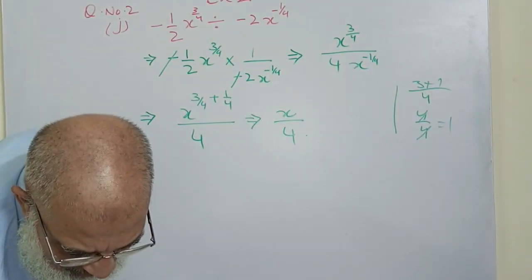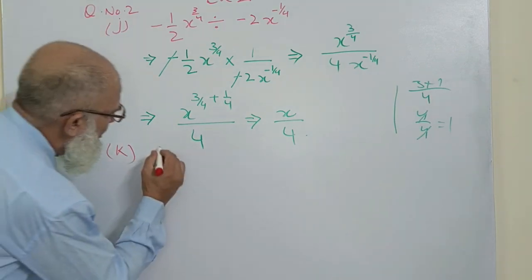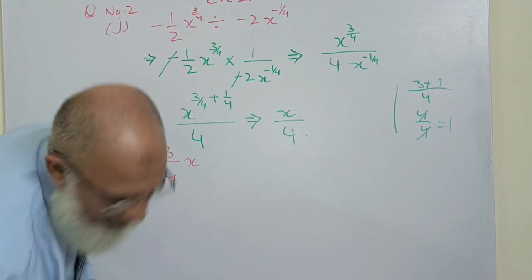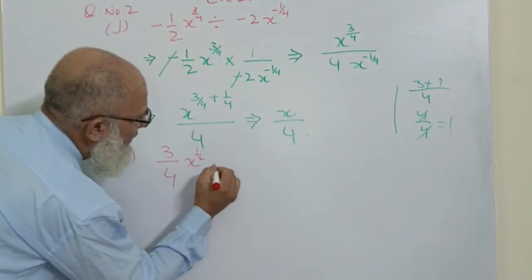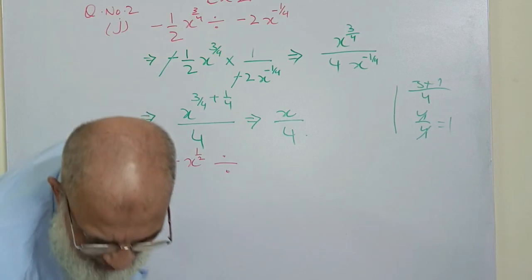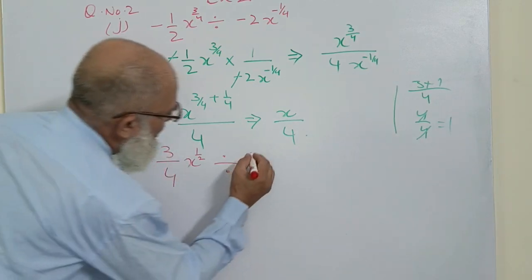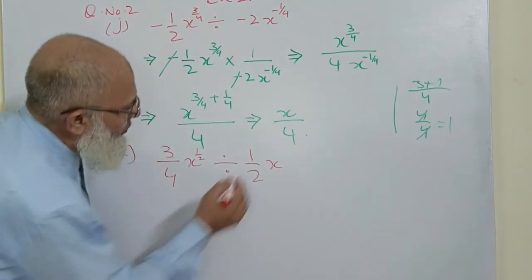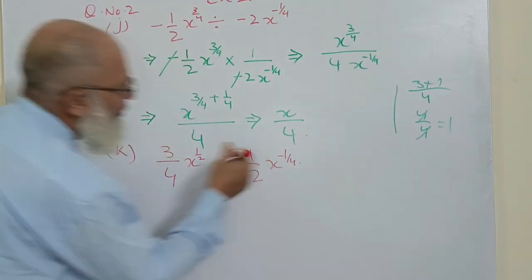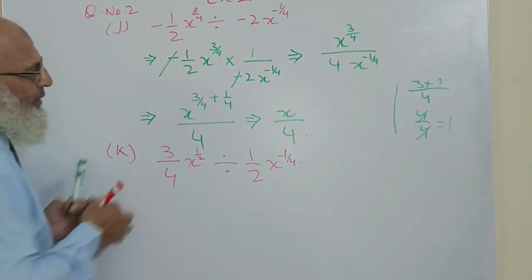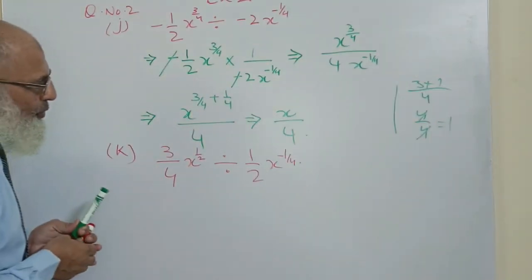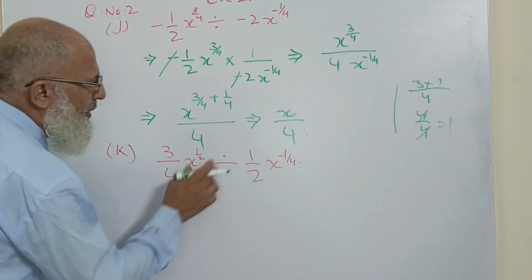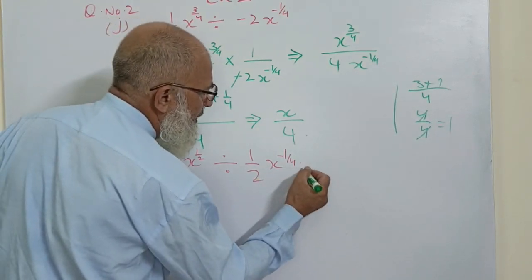Part K is 3 by 4 x half, which is divided by 1 by 2 x minus 1 by 4. You see that just like this question, we'll do this question also. We'll change the sign of division into multiplication, and what will happen? It will become,